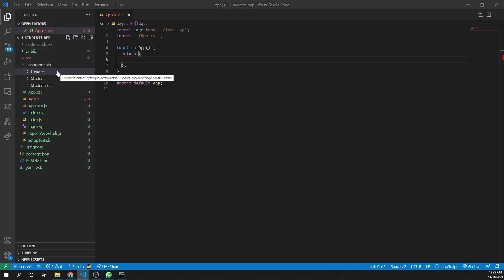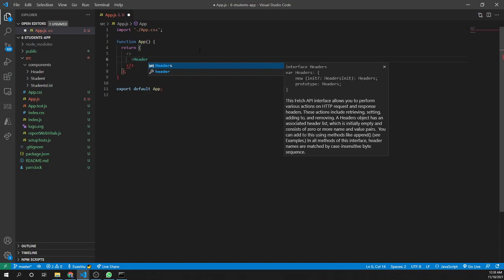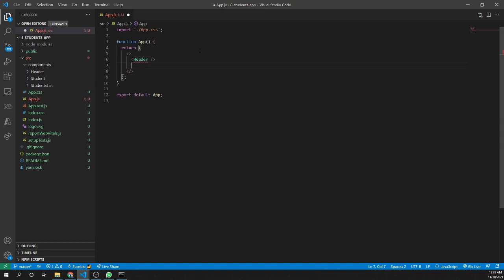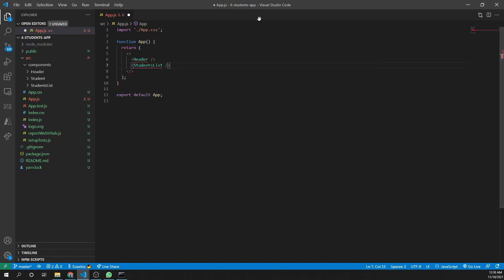In the app component, this is our main component. I'll delete the logo from here. In the app component, I'm adding the header component and the students list component. I'm importing the components here, so I'm importing header from